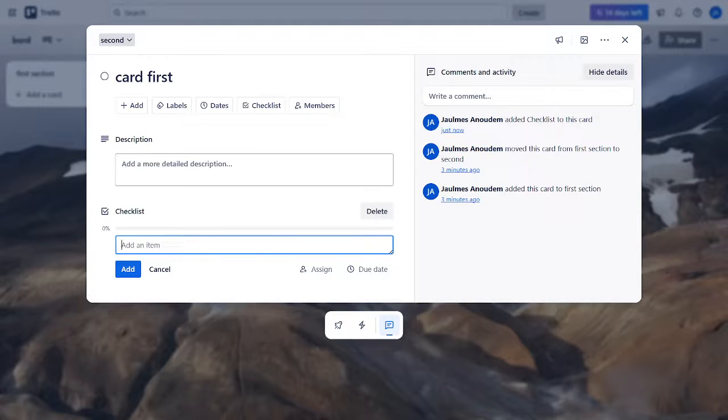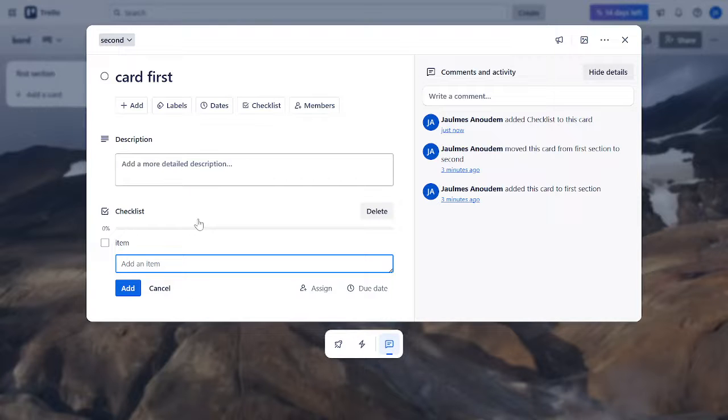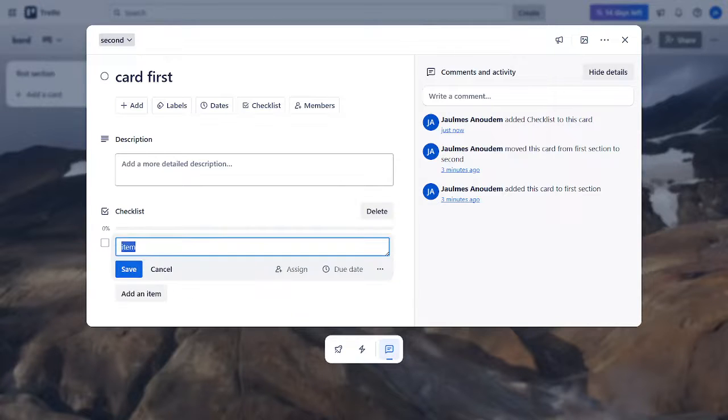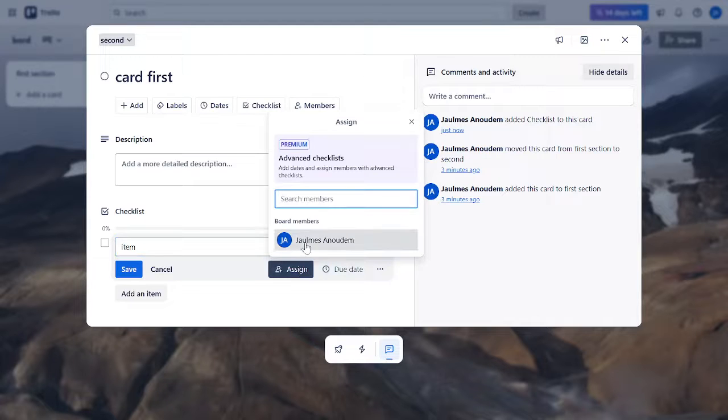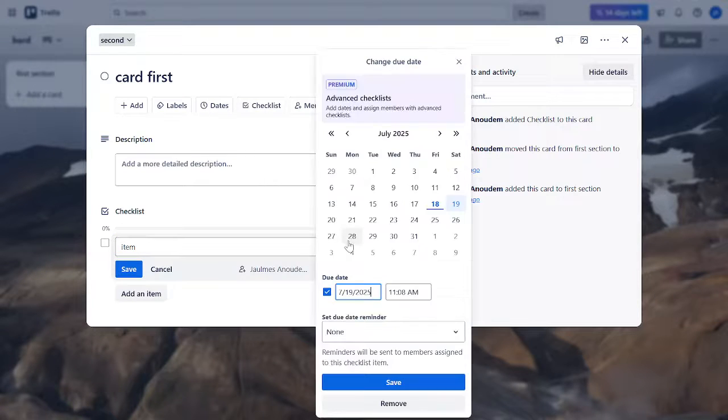Okay, we've added our checklist. Now let's go a step further. Click on the checklist item you've just created, and you'll see a few options pop up. Here, you can set a due date for this specific task, assign it to a team member, or even add a label. This helps us because it ensures that every task is accounted for, deadlines are clear, and responsibilities are